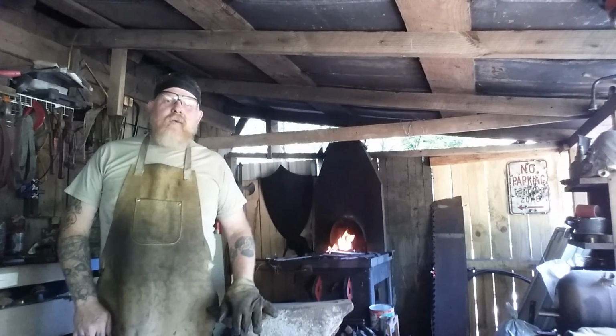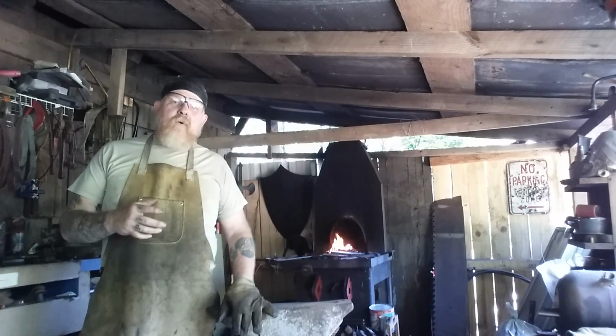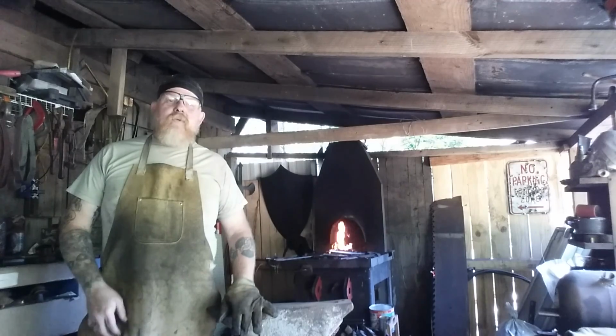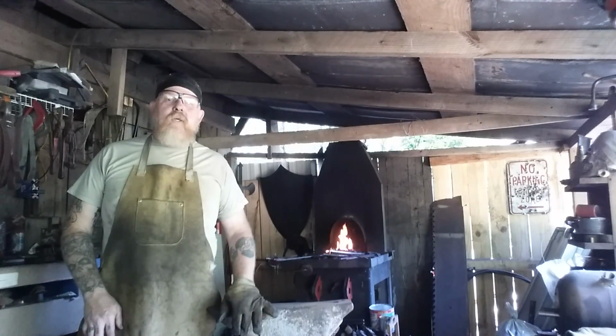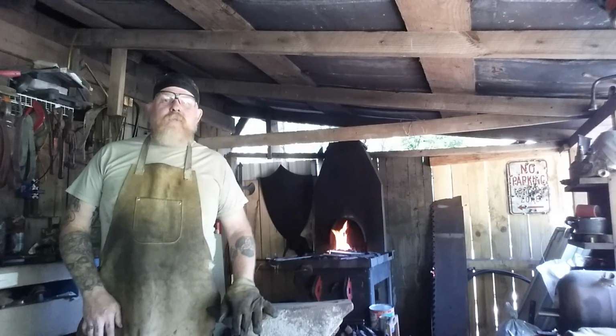I'm going to even out the Picasso area where it's going to be before the handguard, where it meets the tang, so it'll be the same width as the bevels that I've hammered in. As long as you get the metal up to good temperature, work it while it's hot, stick it back in the fire, and when it starts to get too cold,